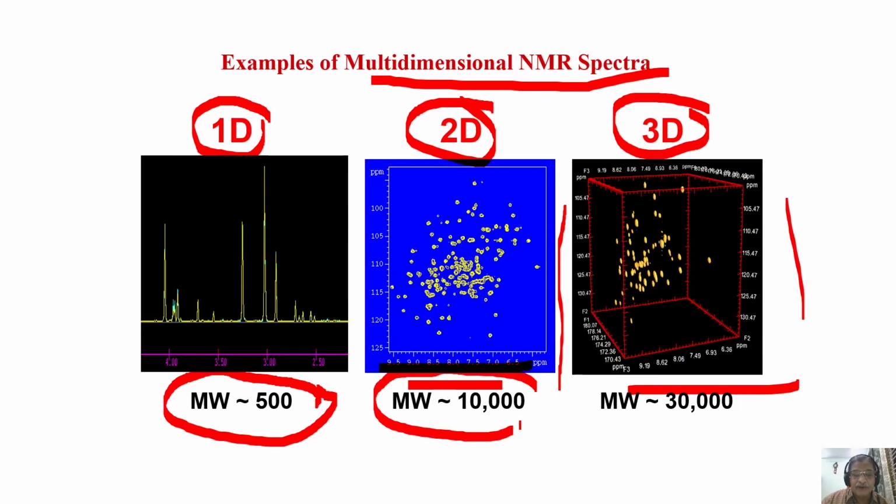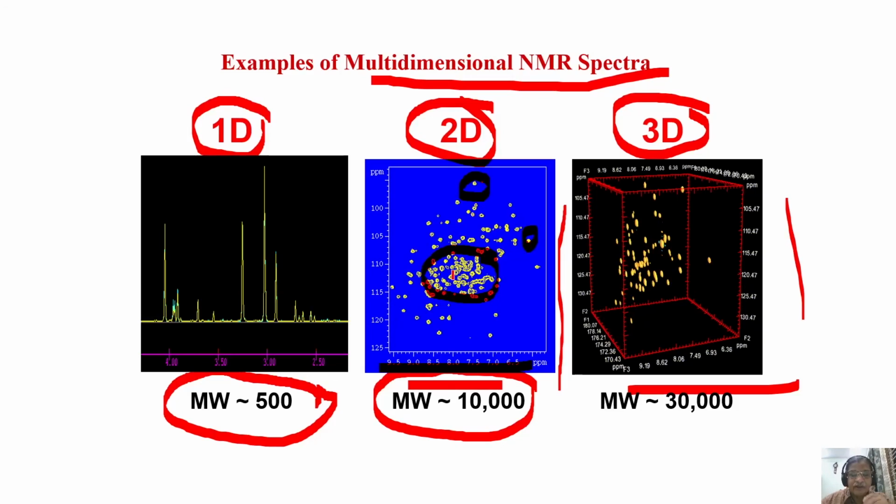Let us say I go to a molecular weight of 10,000. Still not bad. You can manage with 2D. You see, you still get well resolved peaks. Peaks are very well resolved here compared to this and this. Imagine in this region if there was a stack plot, how clumsy it would have been. So that's why we can very easily represent it in this way.